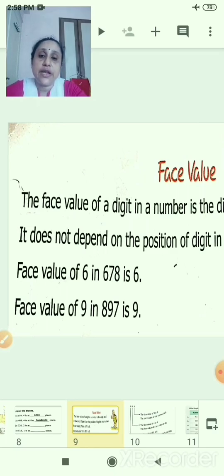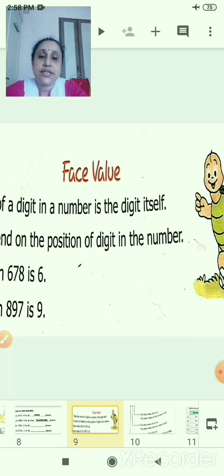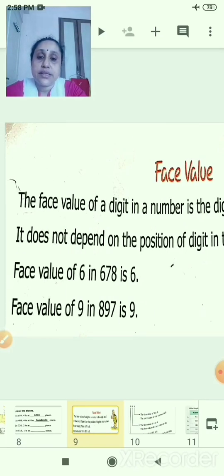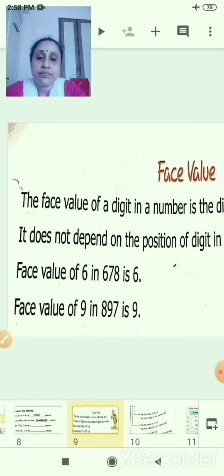The face value of a digit in a number is the digit itself. It does not depend on the position of the digit in the number. Look here, the number is 678. The face value of 6 will be the same. It will not be 600. If I was asking the question place value of 6, then it will be 600.